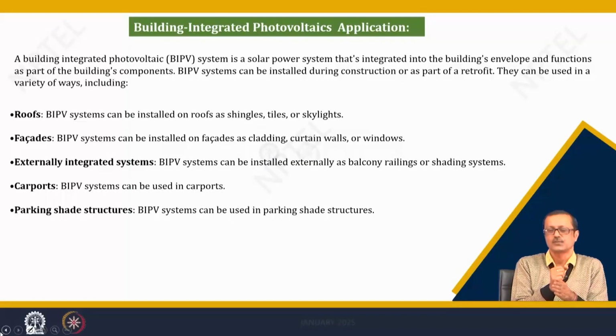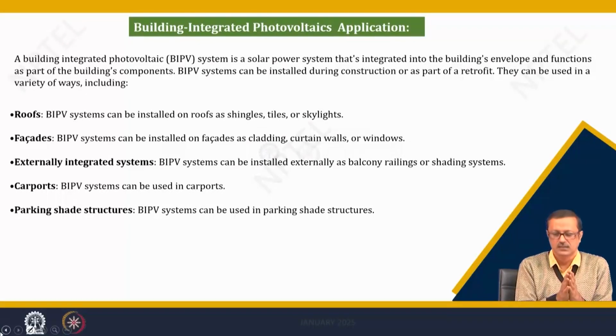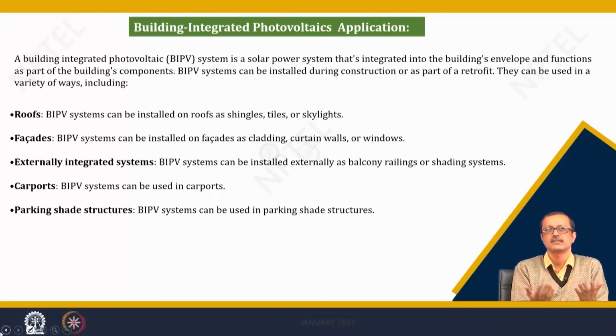Of course, there is a catch over here: between the wall and the PV cell, there should be a gap, and that gap should be thoroughly ventilated, otherwise it will trap heat because it is blackish in color, and that may increase the conduction of heat. So, that is one of the issues. You may have some kind of forced ventilation system in between, but in general, theoretically, we can say I can increase the potential surface area to generate electricity if I apply the BIPV system in the facade.